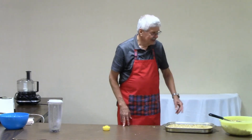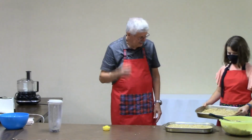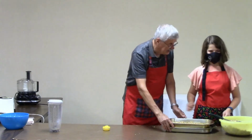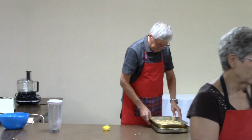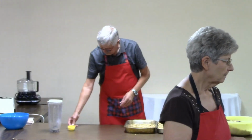Here, bring it, okay. I want y'all to see, you can tell if it's done when you use the coconut. Just over the pan. The recipe says, the original recipe,